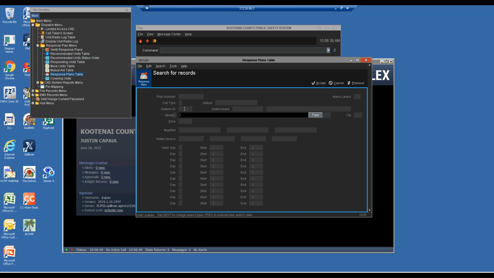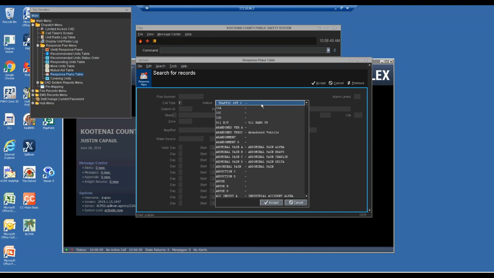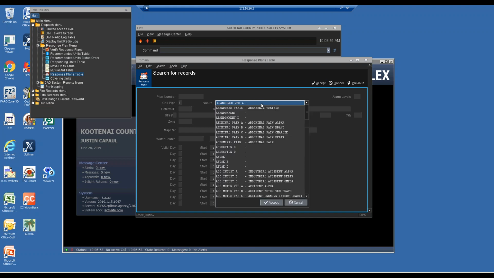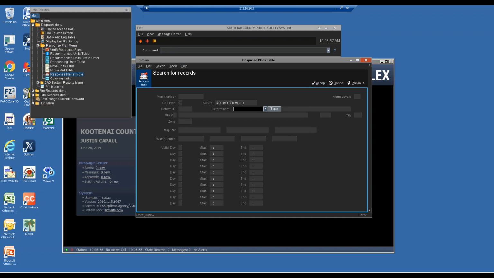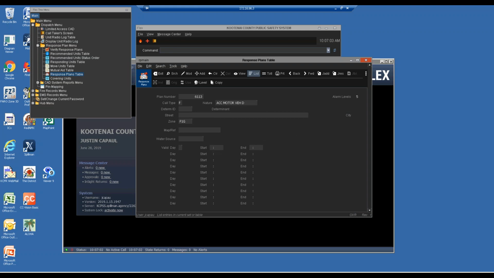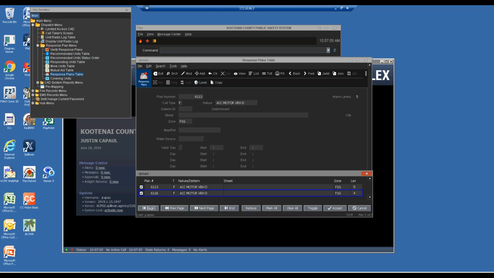So if I want to search, Tab takes you over, so I want to search all fire calls with the nature code of, we know fire auto, so auto accident, motor vehicle deltas, and tab, I want to search for F1G, F3 is accept, and then L, enter,